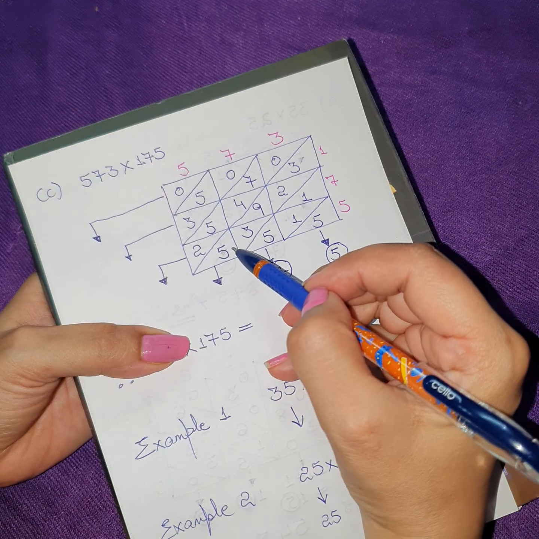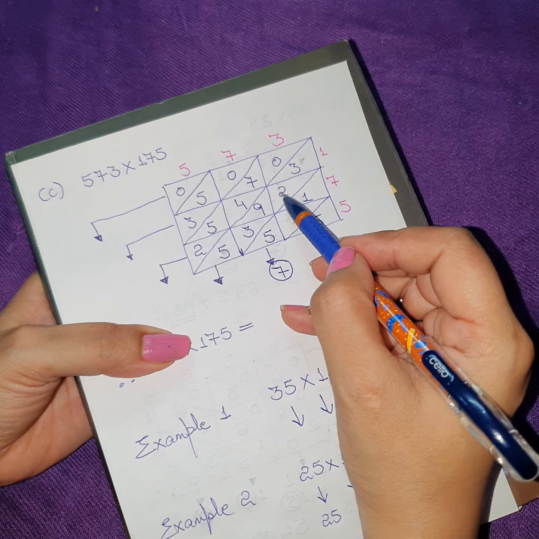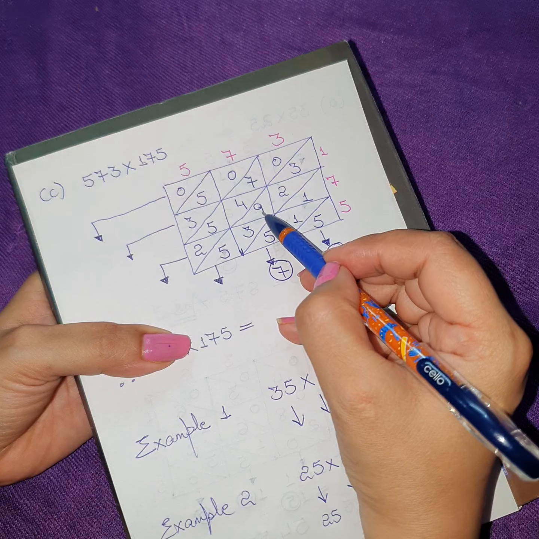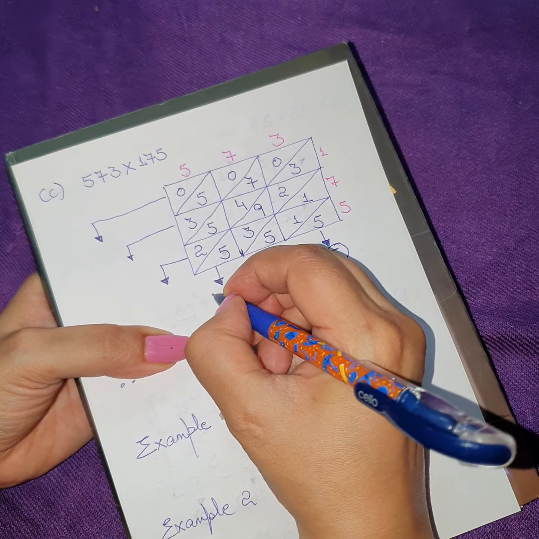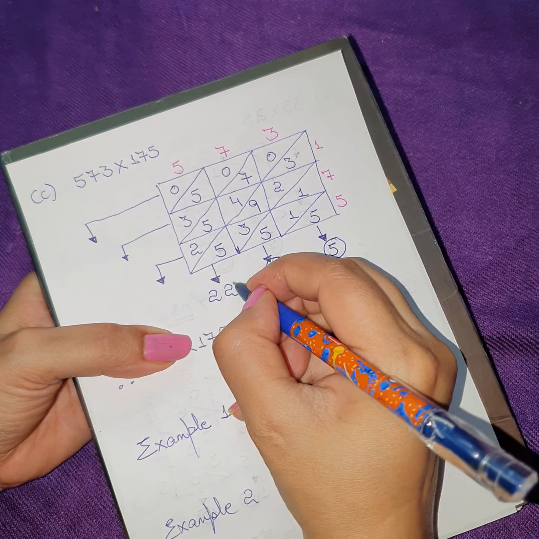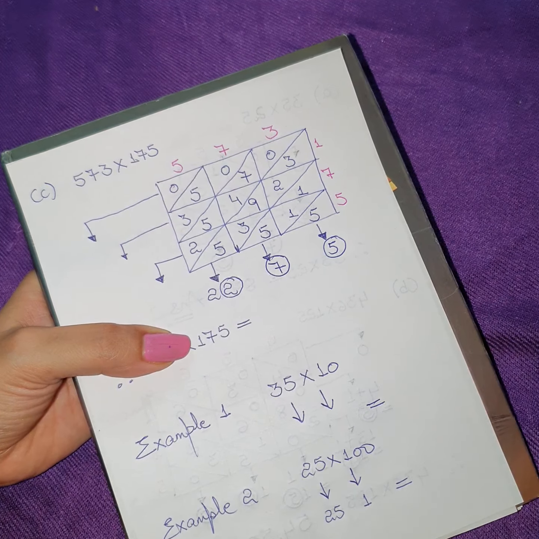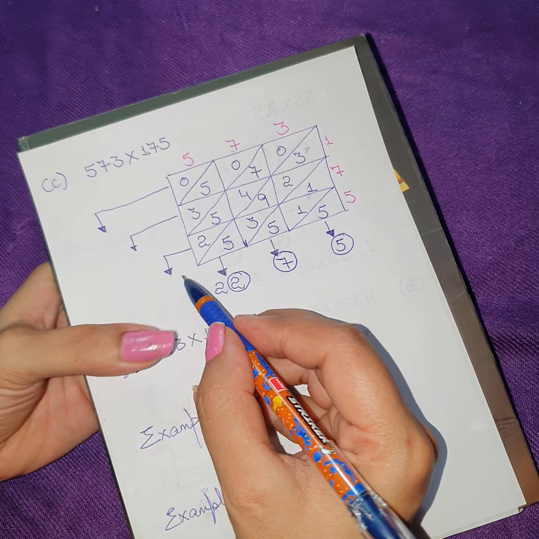Now I have to do the totaling of the next part. So it will be 5 plus 3, 8, 8 plus 2, 10, 10 plus 9, 19 and 19 plus 3 is equal to 22. So I will completely write 22 here firstly, and then I will make a circle on this digit 2. And this second digit 2 will move on to the next part.